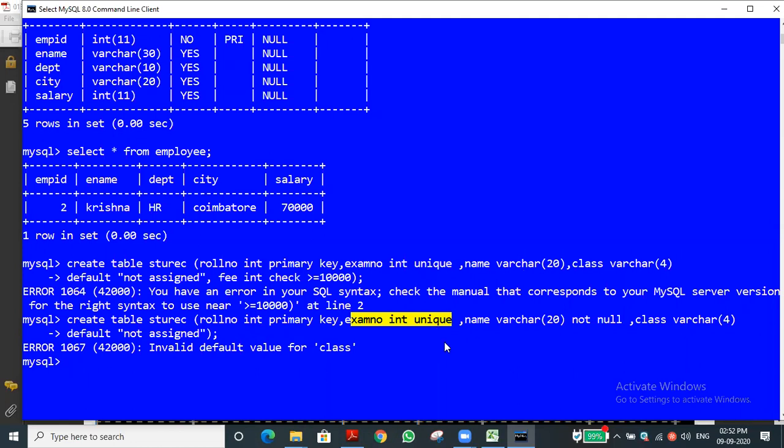And not null means the value should not be null. For example, the first name is Raj, and another person comes with the same name, also Raj. We can give the two same values. But the name we should not leave empty. We should give some name. That is the use of not null.